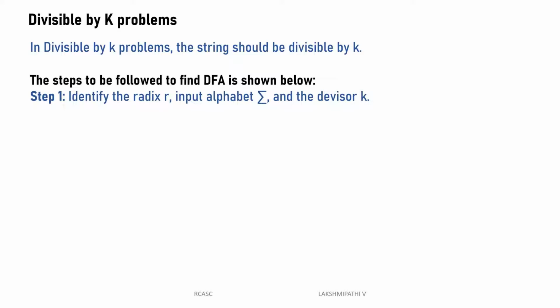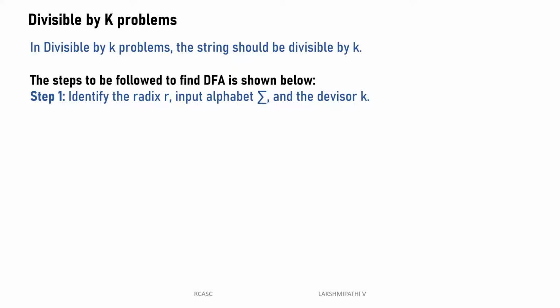For example, you already know this, as you are mathematical students. I think you studied it in the first semester. What is the radix? Anyone? That is like a base. The radix is what we need to input. Then the input alphabet is sigma. Then the divisor is k. Mainly, that is how we identify the radix. Radix means what the input is. Identify the input.